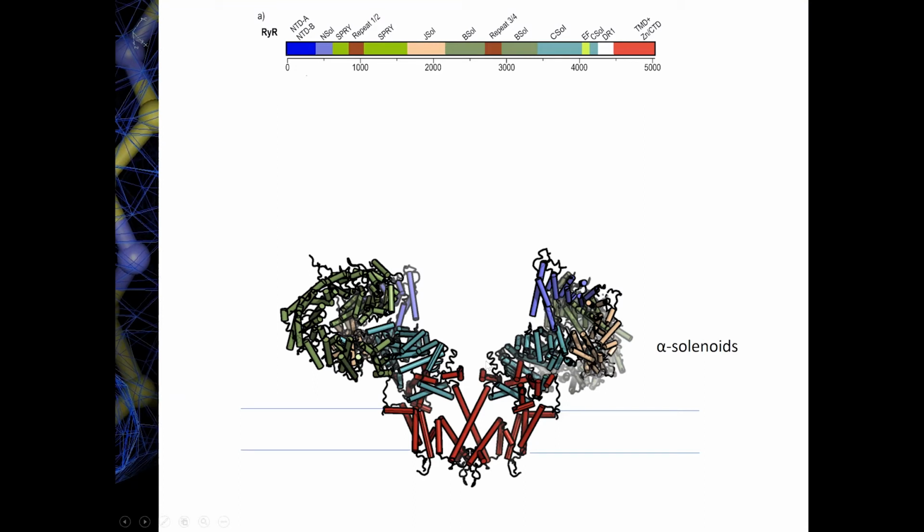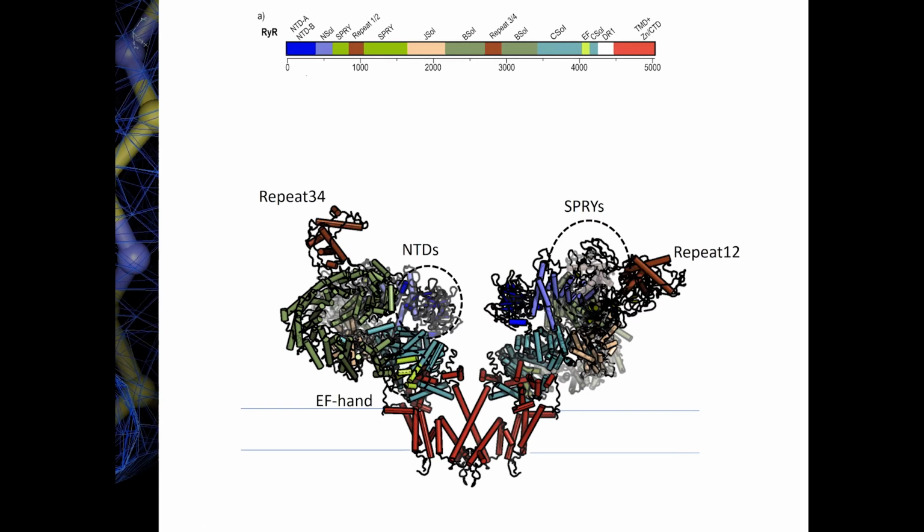And then on top of these alpha solenoids are a number of globular domains, which I've named here and circled. These are domains that are primarily either rich in beta strands or form these horseshoe-shaped structures. They have evolved to have different functions. We don't know all of the functions yet, but some of them would receive binding of ligands, others would receive post-translational modifications. And if you really think about it, this whole cytosolic shell, this cap, its primary role is really to dictate what is happening here in the transmembrane region.